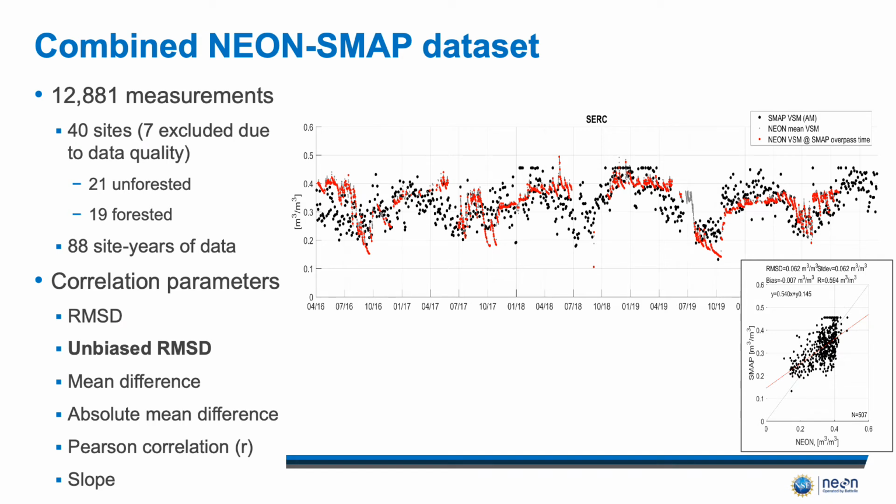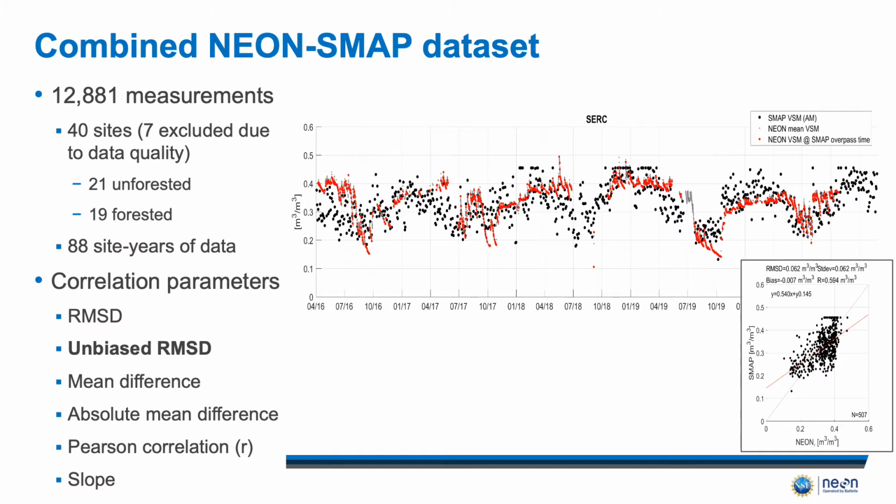Once we combined the data, we had over 12,000 measurements from 40 different sites, 21 unforested sites, 19 forested sites, and collectively this represented 88 site years of data. On the right here, I've shown the data for one of our sites with the NEON data in red, the SMAP data in black. And once we produced these correlations, we calculated 6 different correlation parameters: the root mean squared